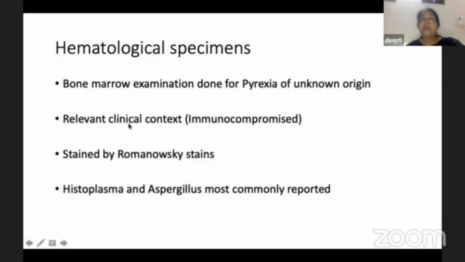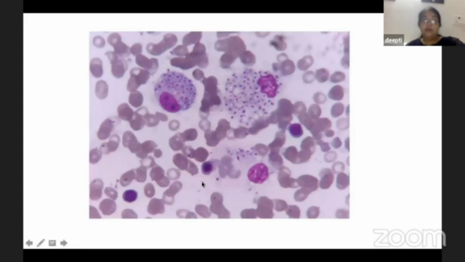Next, coming to cytology. Now, let's briefly discuss what is the role of cytology in fungal diagnosis and what are the limitations of cytological samples. Now, the role is limited, but the advantage is that it offers a very rapid diagnosis. The challenges which are commonly faced by cytopathologists is that he or she has to decide whether the fungal organism is present. Now, this was a bone marrow aspirate. And what you are seeing over here, these are macrophages.